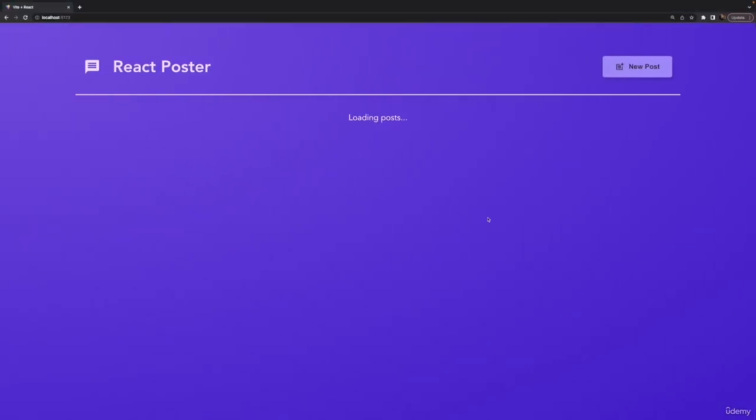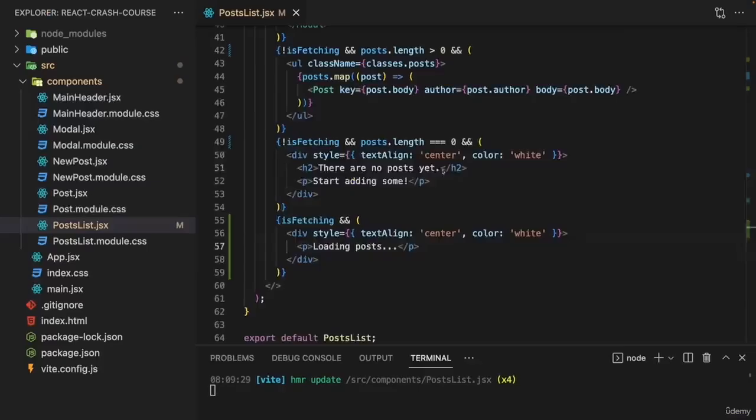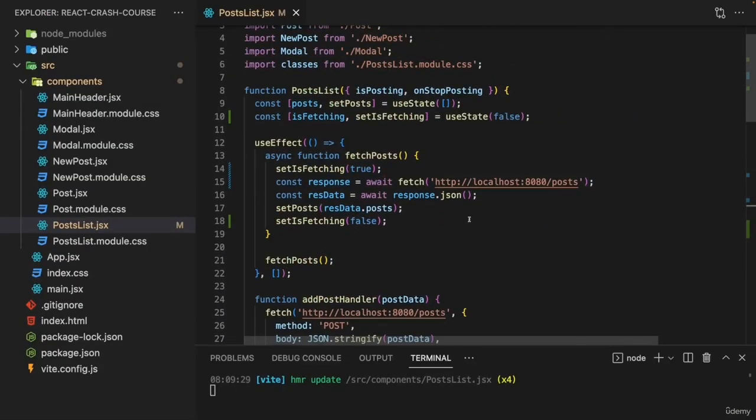With that, if we save this, we now see loading posts initially until the posts appear. And that arguably provides a better user experience than showing this there are no posts message instead, which is technically wrong. There are posts, we're just still waiting for them. So that's how we could handle a loading state,